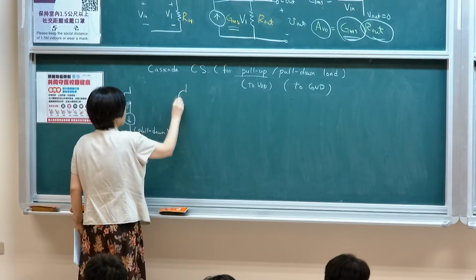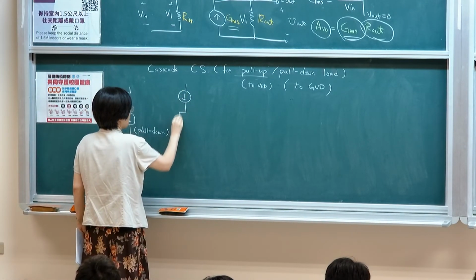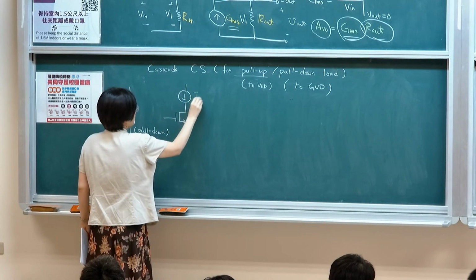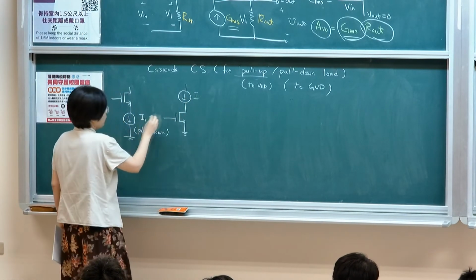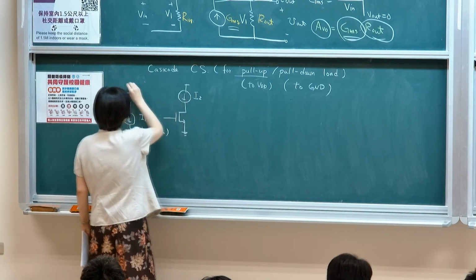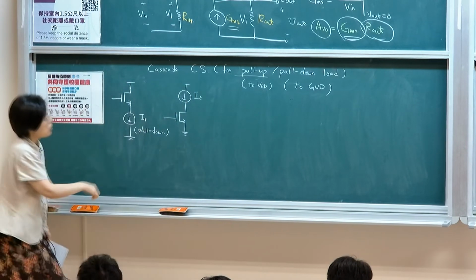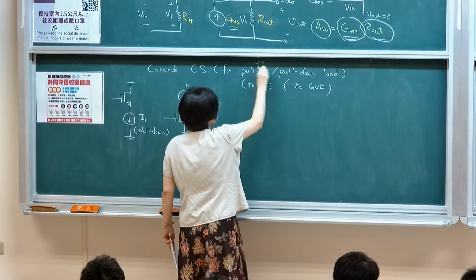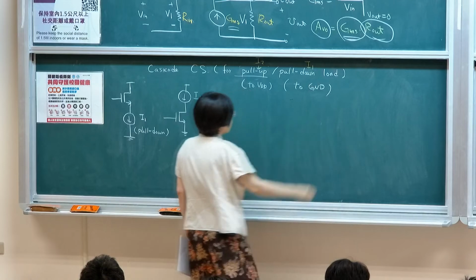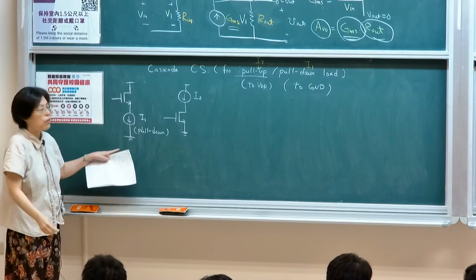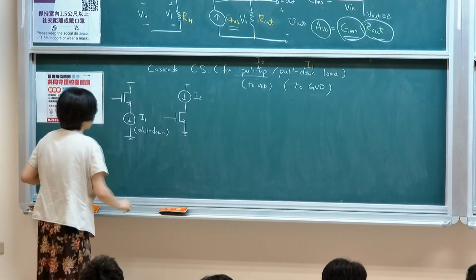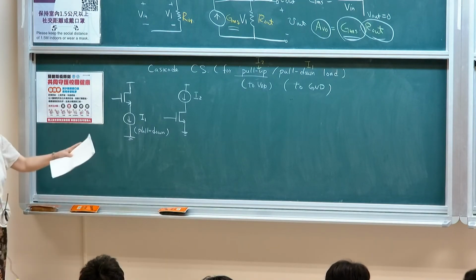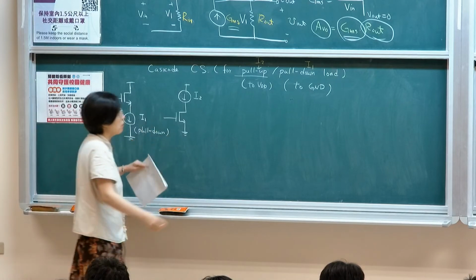If I'm doing a circuit like this, a common source amplifier, this type of current source, I2, is called a pull-up, and I1 is called a pull-down. Just to give you an example. So how does one realize this? Let's just write a pull-down example.